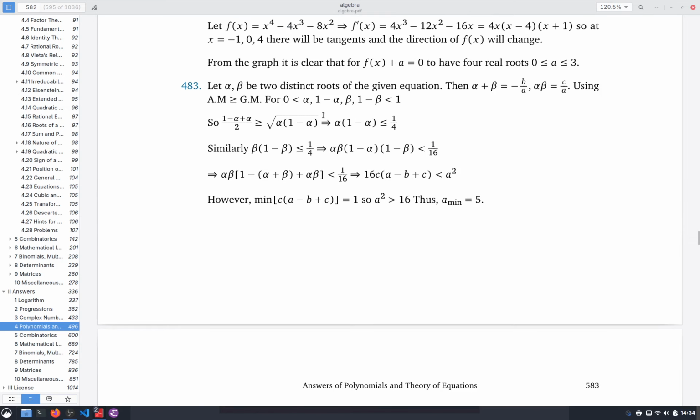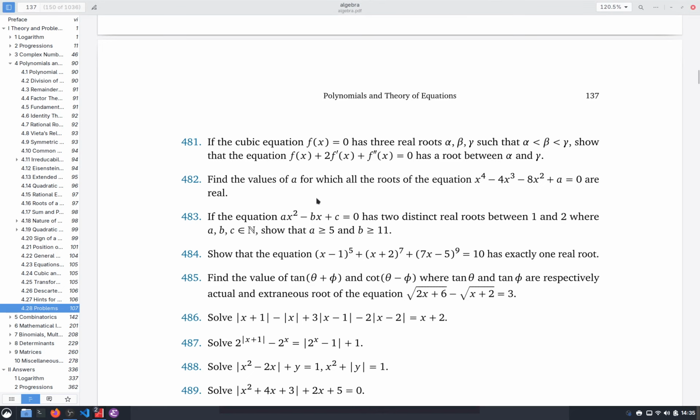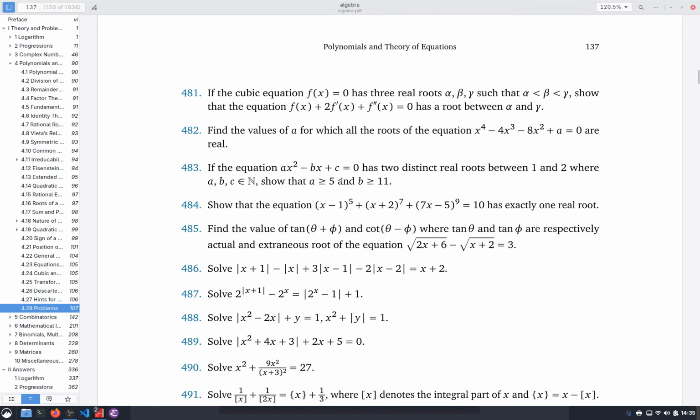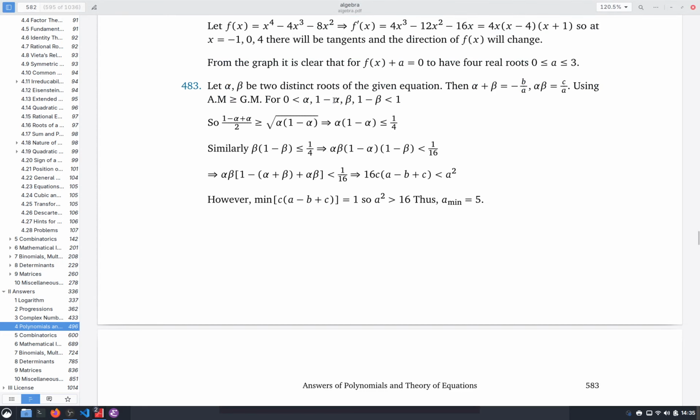Now we look at this again. The required condition for this AM-GM is that alpha into 1 minus alpha should be positive, and so beta into 1 minus beta should also be positive. So we have got a bit of work here to do. If you square this and it is negative, it will become an imaginary quantity. So I'm not sure that this is a correct assumption here, because if alpha is greater than 1,